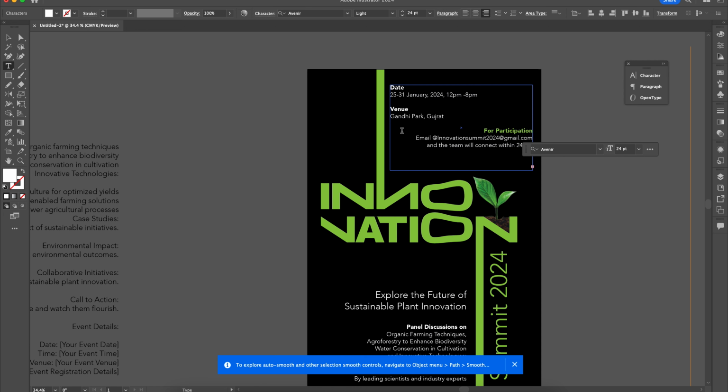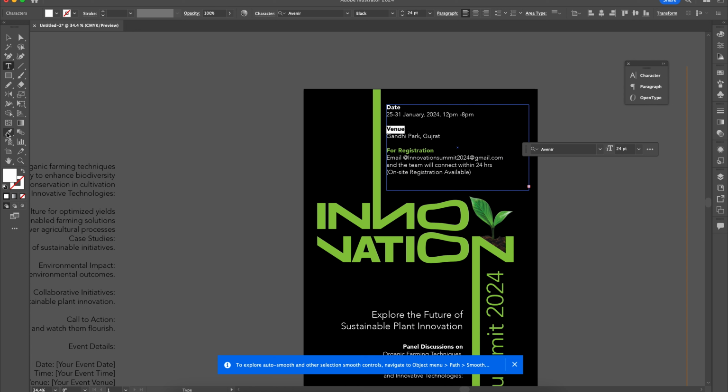Once that's done, I want the audience to know about the date, venue, and how they can register. And that information I'm placing on the right side of the top pillar that I have created. I'm also putting the date, venue, and registration font in green because I want to highlight that so that the